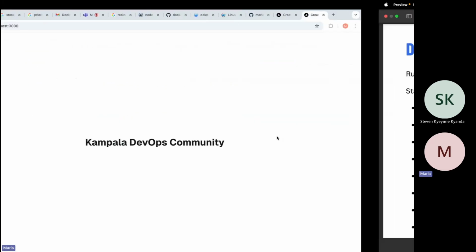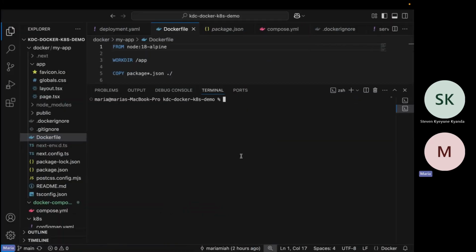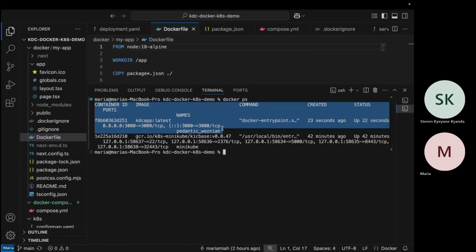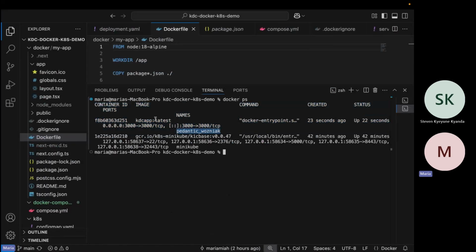So if I check the CLI for running containers, I could just do docker ps. Docker ps will show that we have a container that's running with a random name, because I didn't provide a name, and it's using the image kdc-app:latest. How do I stop this container?